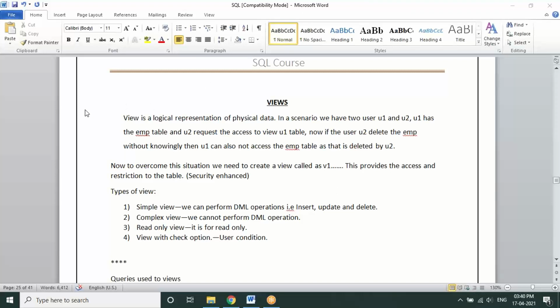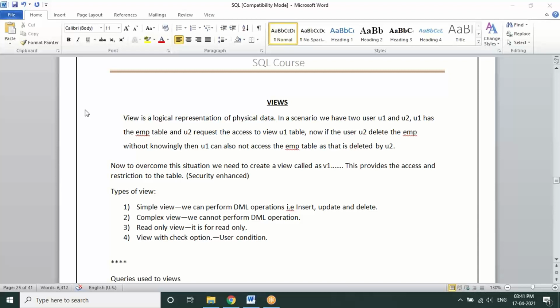A view is a virtual table which gets created upon the physical data so that one can restrict the view of displaying some values of a table directly to some kind of user. Simply put another way, we can say hiding some data from displaying all the columns of a table to anyone else. So we generally create a virtual table upon the existing table. We create views in SQL.